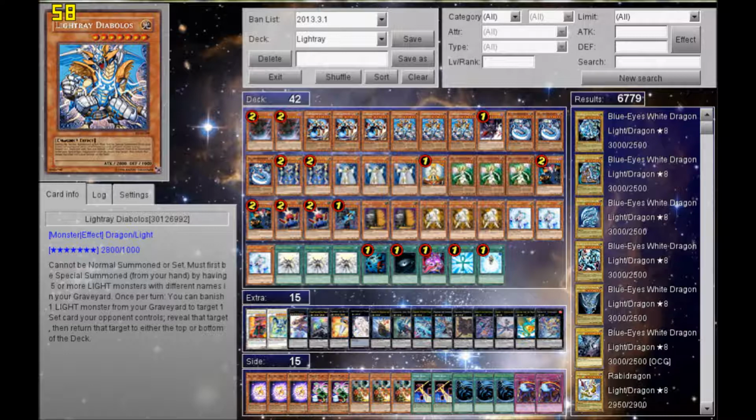And if you begin with a Cephalon, you can't do much with it until very late game. So that's why I don't play that as well. On top of the